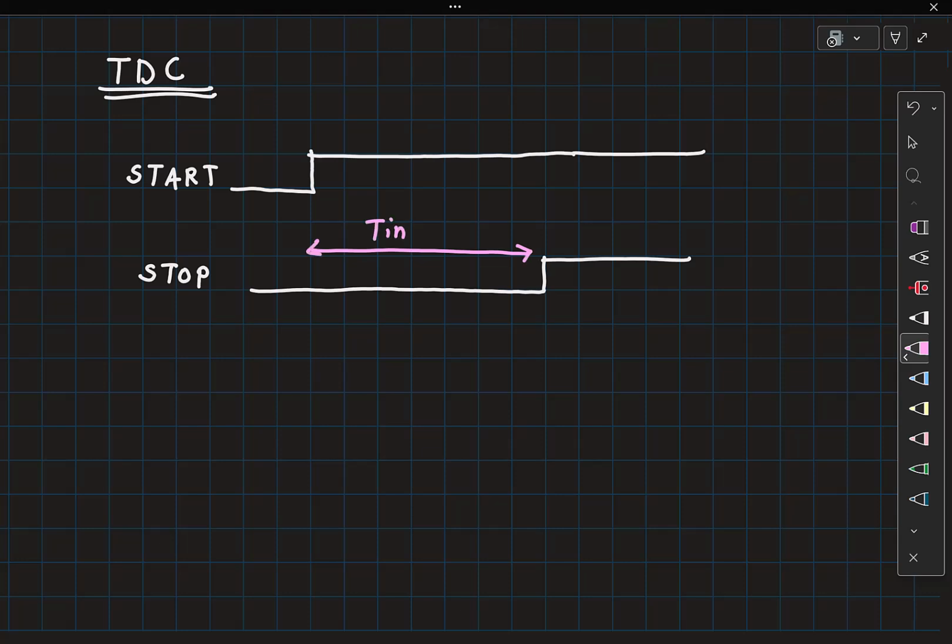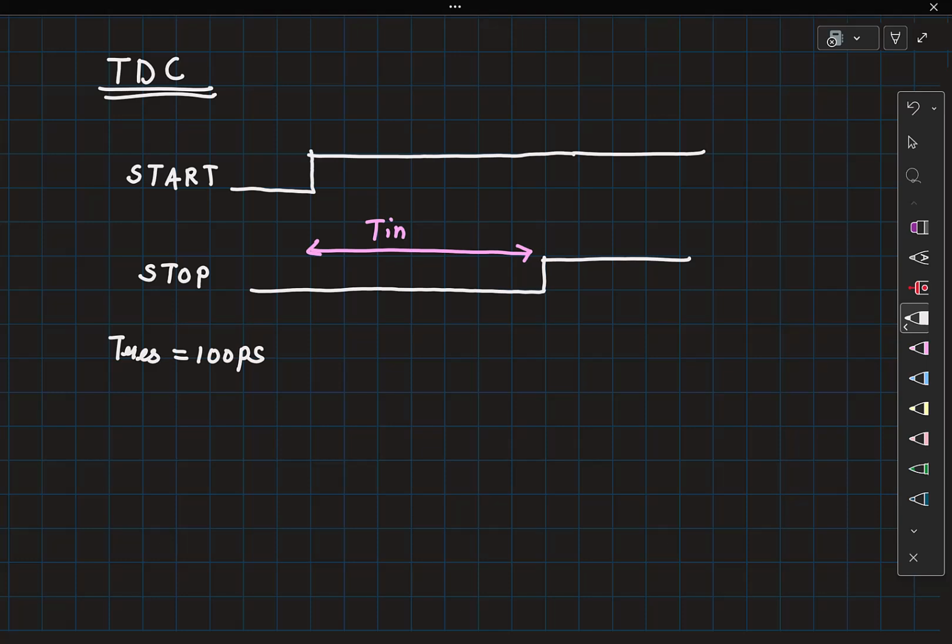Right? And let's say you want to measure this time interval with a resolution of, let's say, 100 picosecond. I think in the previous class I had asked for 50. It doesn't matter, some given resolution. And let's say you do not want to use a very high frequency clock. Right?